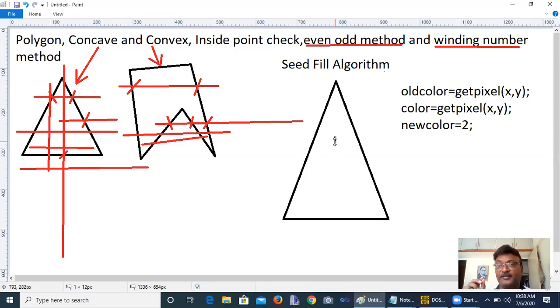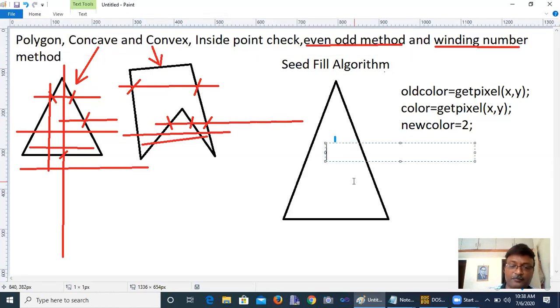Seed point means that is inside the polygon. So what are the coordinates of the seed point? These are the x y coordinates. The seed point has the coordinates x y. So suppose I am writing here my coordinates: P(x, y), x comma y. This is the coordinates of my seed point.